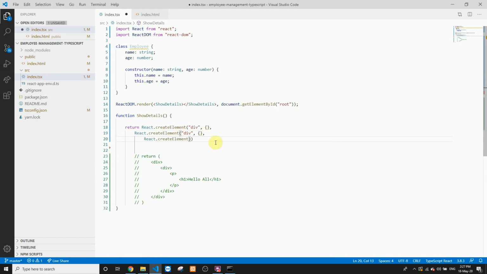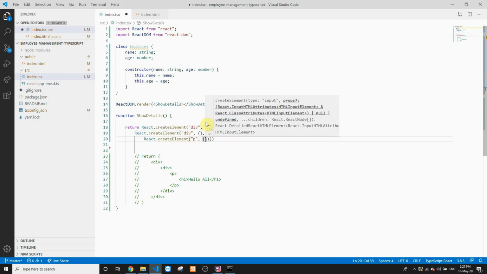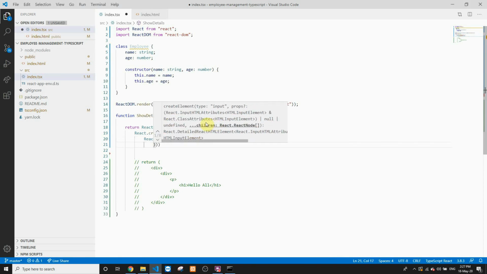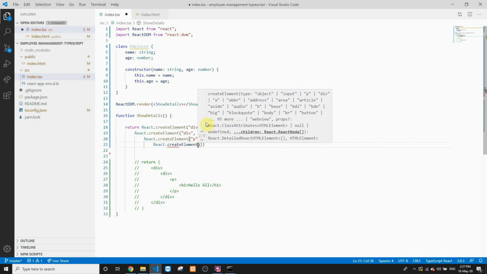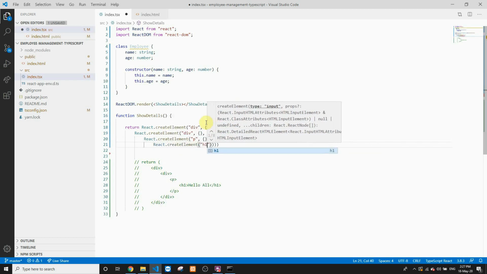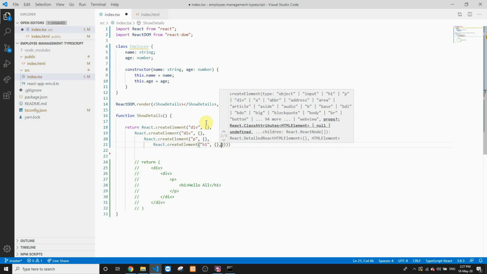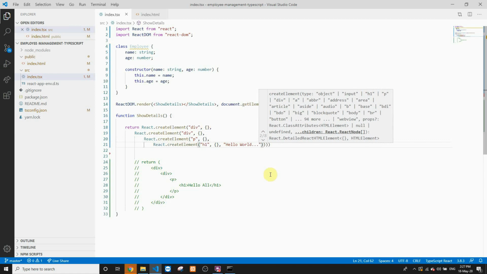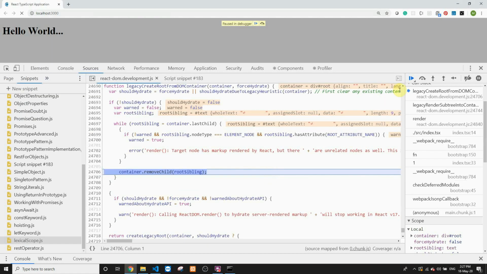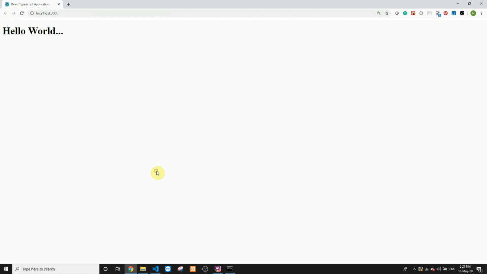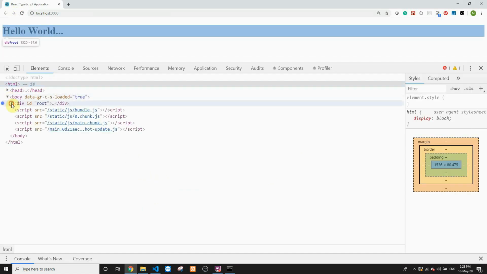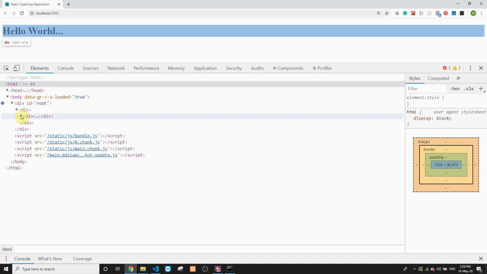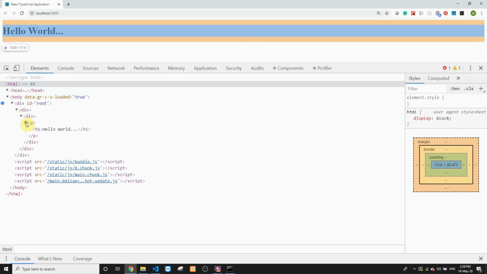Let's put this on the next line. So this will be a paragraph. Again, we do not have any attributes. This paragraph contains another element, so we'll again type down React.createElement, and this element is finally the h1 tag that we require with no attributes and some text called hello all, or let's make it hello world. So let's go back to the browser and see the output. Let's refresh this, open up the debugger window. We have a body which contains a div having a root, another div containing one more div which contains a paragraph having a h1 tag containing hello world.